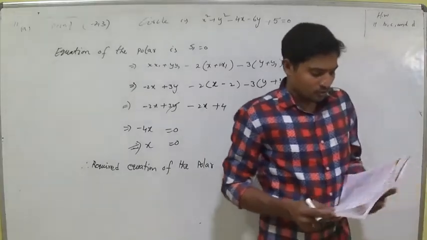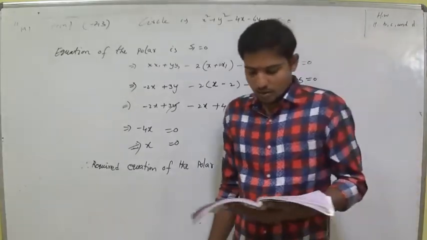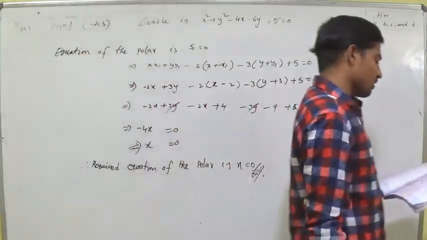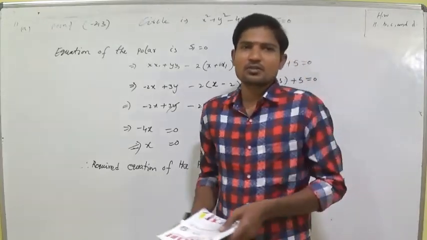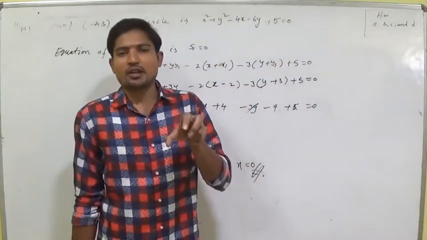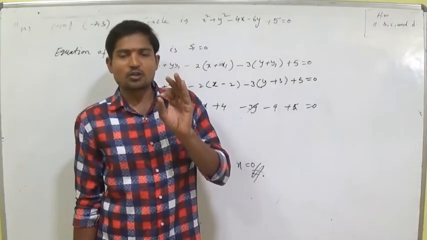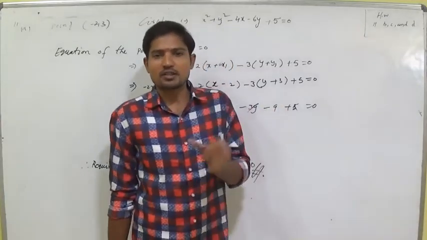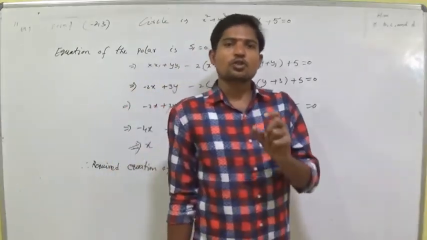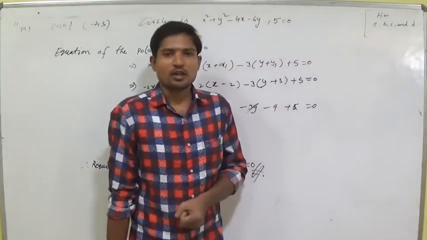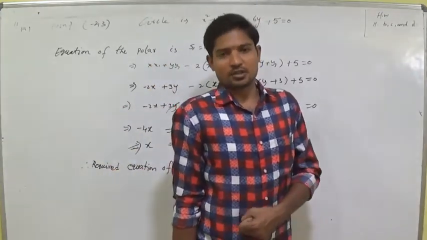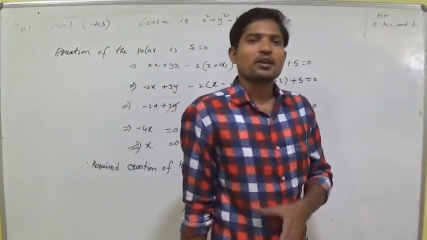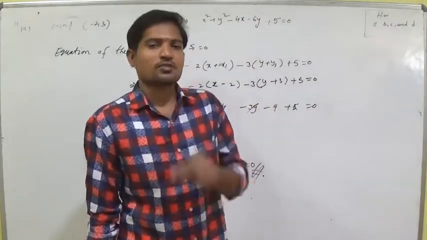Same process for the remaining, which is our homework. Next, the 12th one: a line of symmetry to the circle is. Symmetry means the objects are symmetrical and coincide with each other. Suppose one object is divided into two halves, then those should be congruent to each other. Then those are called symmetrical objects. If an object is symmetrical about a line, then the object possesses a line of symmetry.